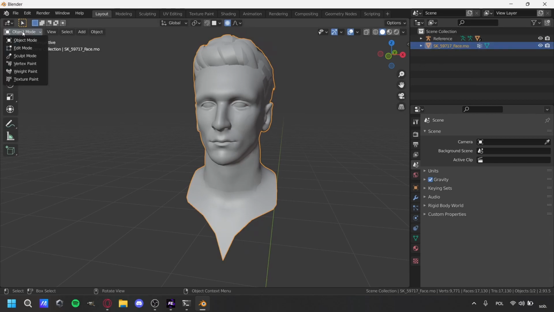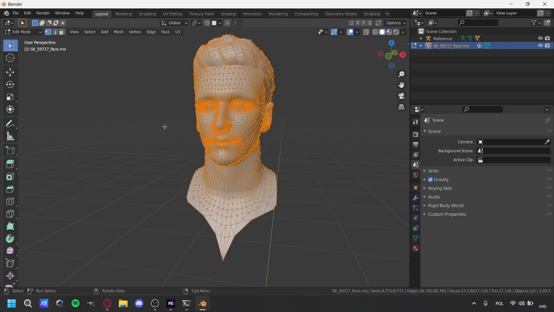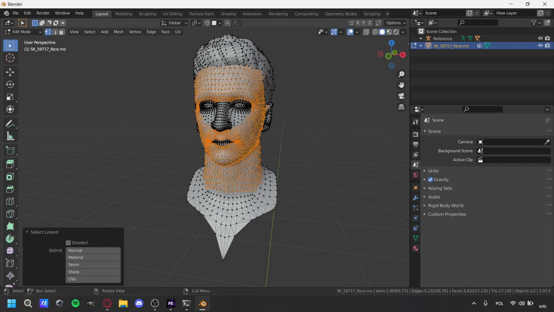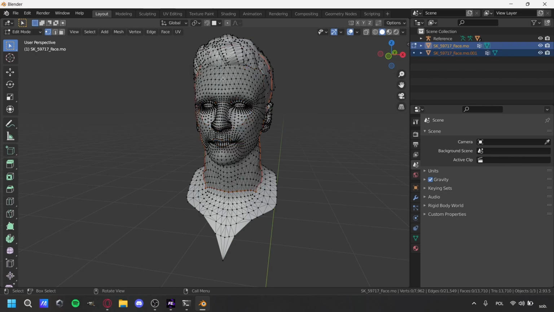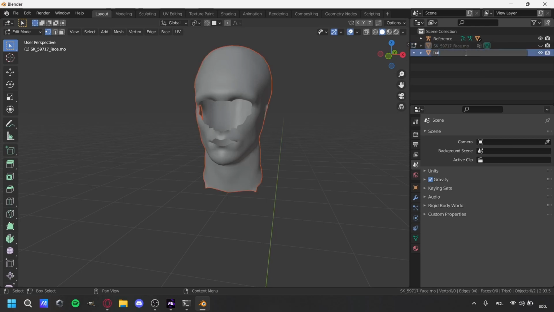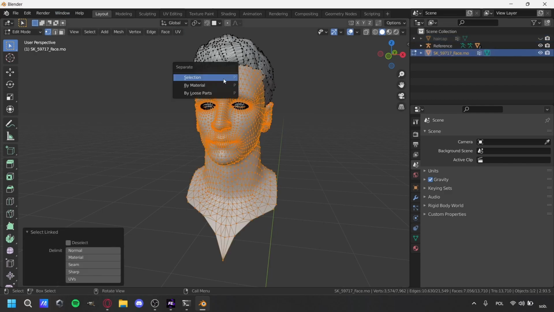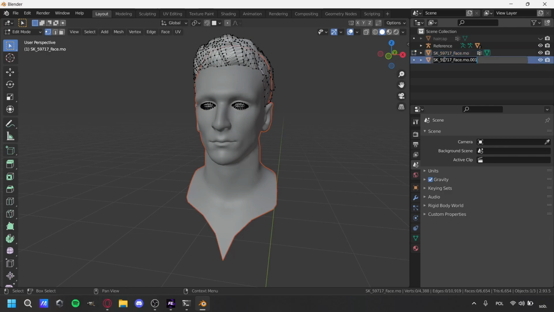To select a separate mesh, go into Edit mode, press A to deselect everything, move the mouse to a forehead and press L. Then press P and separate by selection. This will be our haircap. I will come back to it later. Hide the haircap and repeat the process again. This will be our head. Hide the head